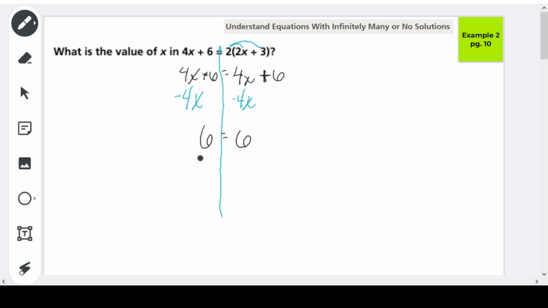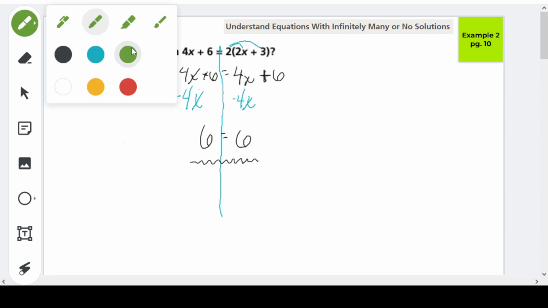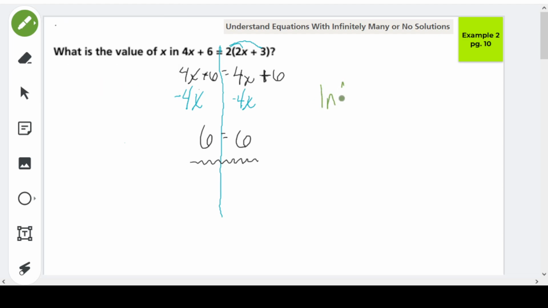So in this expression here, I am left with a number equal to itself. So there is no variable. Whenever your variable completely cancels out, that's what leaves you with IMS, or no solutions, okay? So to get infinitely many solutions,